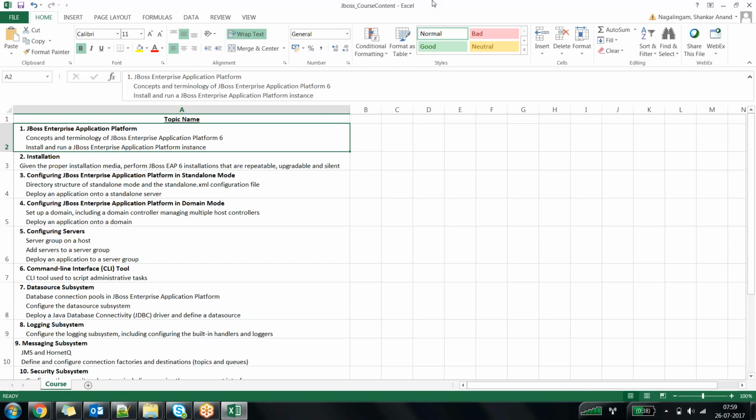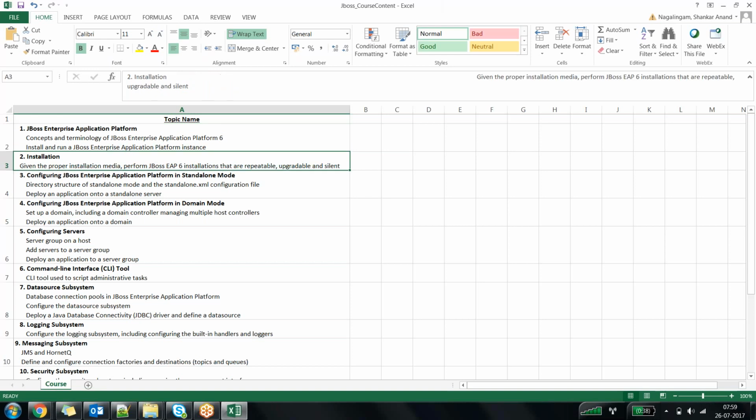Once I'm done talking and making you people acquainted with the terminologies on the JBoss application server, I would then start discussing the installation. Clear? If you want to learn the product, first thing you need to do is to install the product. Since we already have some basic info about the JBoss application server, to learn more about the product, the first and most important thing we need to do is the installation. How do I install the JBoss application server? What are the prerequisites for me to do the installation, etc.